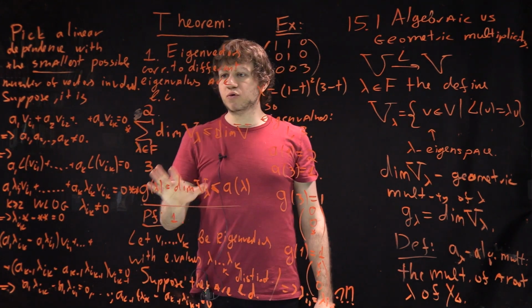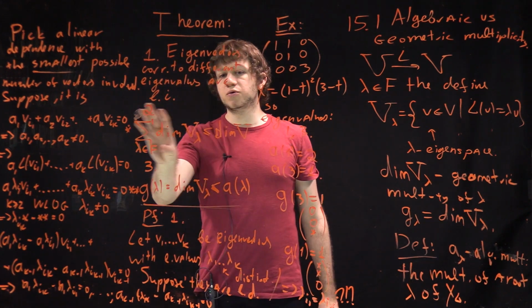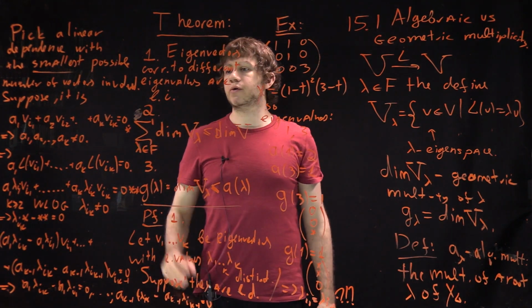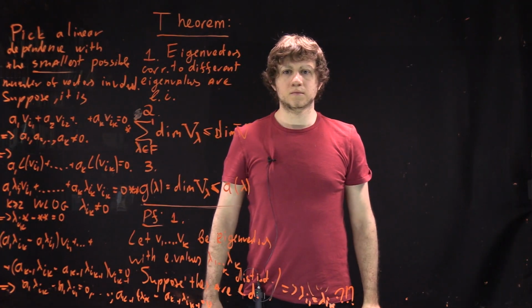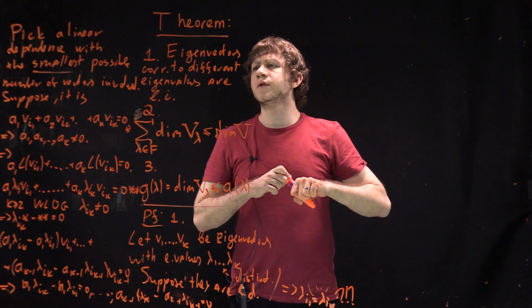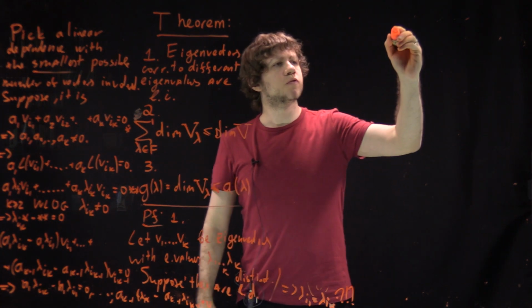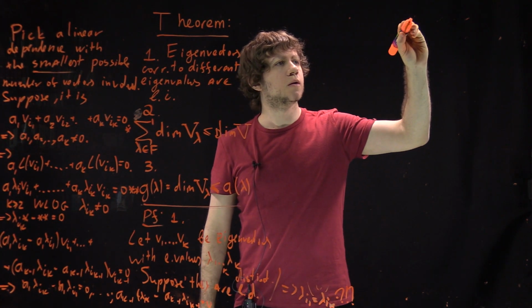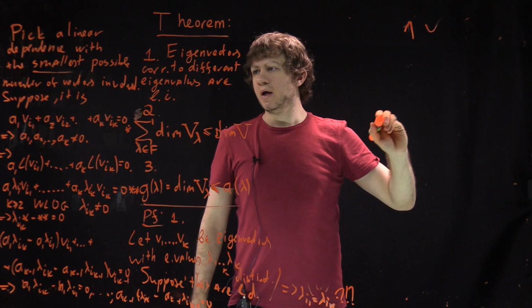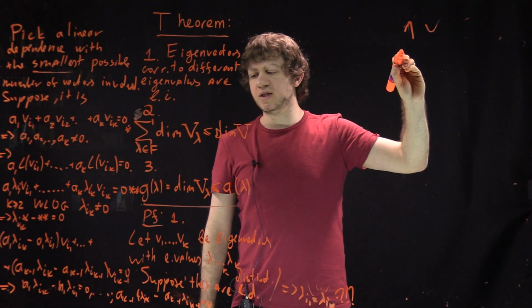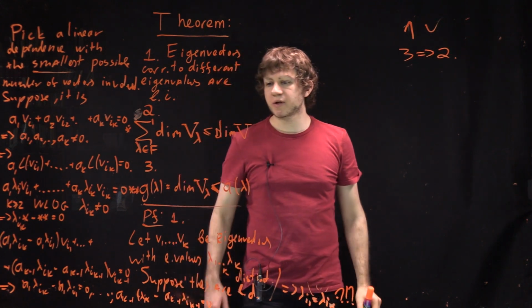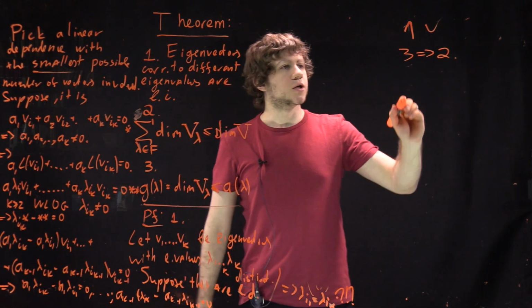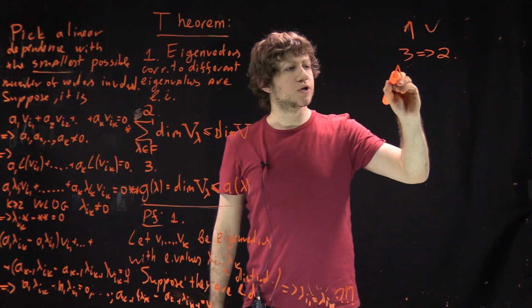So that proves part 1, and part 2 is a direct corollary of part 1. Or actually, let's take a different road. So 1 is proven, and actually then it's very easy to see that 3 implies 2. So why does 3 imply 2? Because, assume we know 3,